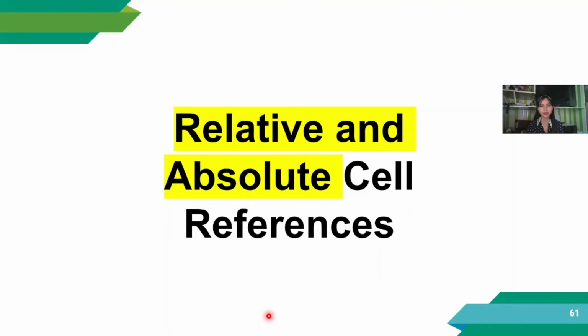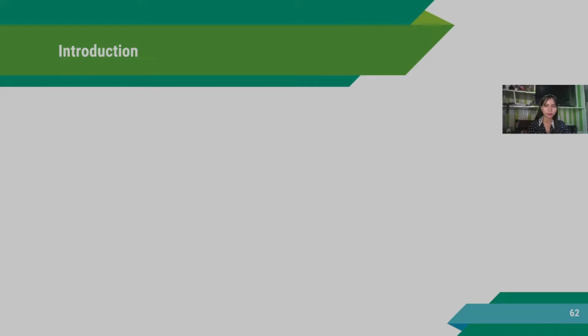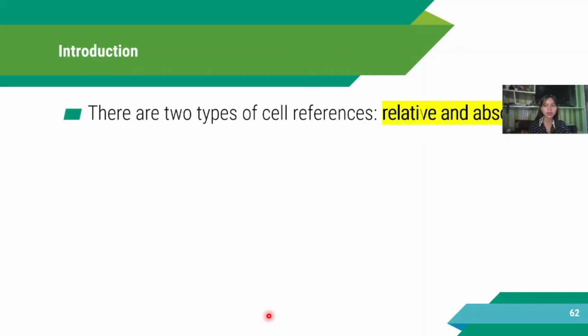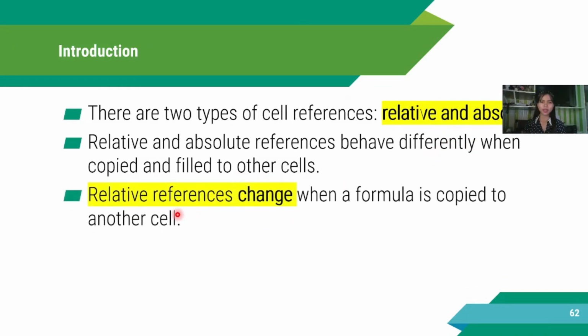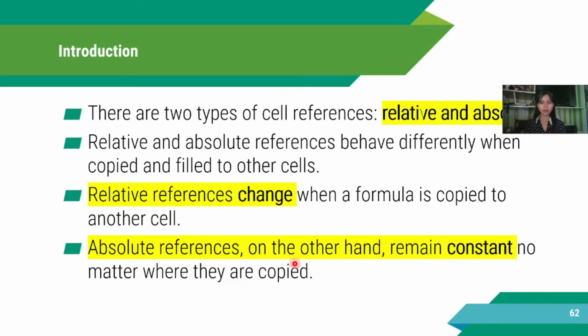Alright, so let's go to the relative and absolute cell references. So there are two types of cell references class, the relative and the absolute. So relative and absolute references behave differently when copied and filled to other cells. So relative references change when formula is copied to another cell. Absolute references, on the other hand, remain constant no matter what they are